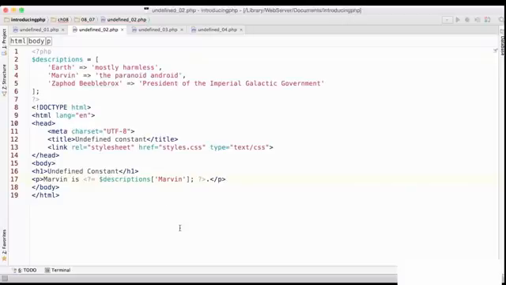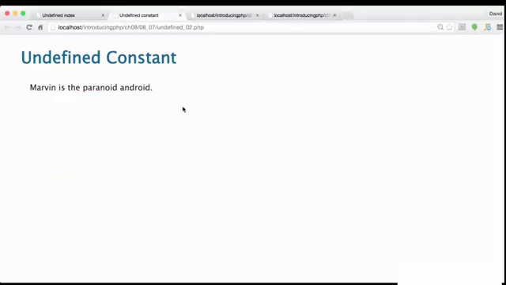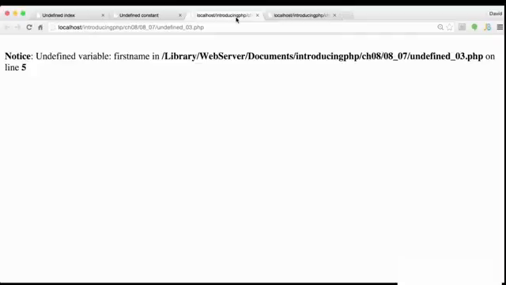If you've got the display of errors turned off on your website, the value of an associative array element will be displayed correctly even if you leave out the quotes. But it's considered to be very bad practice to omit the quotes from the key or index of an associative array. Enclosing the key in quotes makes the error message go away, as we'll see when we reload the page into the browser. Problem solved. So the next one, that's in